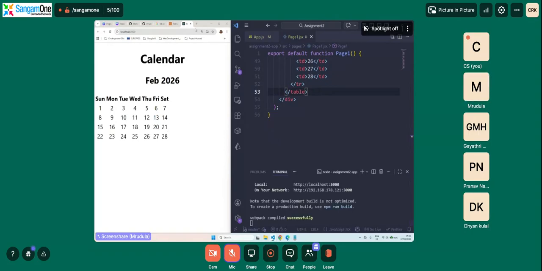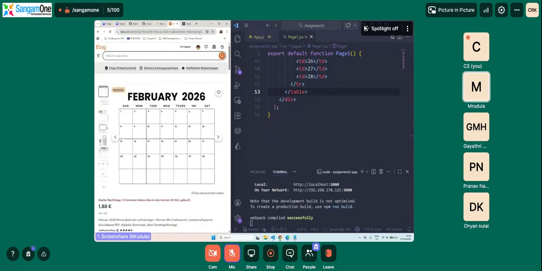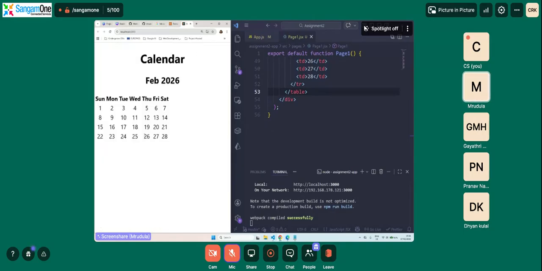So our calendar for Feb 2026 is set. See, it begins on a Sunday and ends on a Saturday. 28 days, Feb 2026. So until now, everything is hard coded. Everything is ready. But you can't keep doing it. As I told you, you can't keep doing it same for every month. So in order to overcome that, what we normally do is we try to do it dynamically.